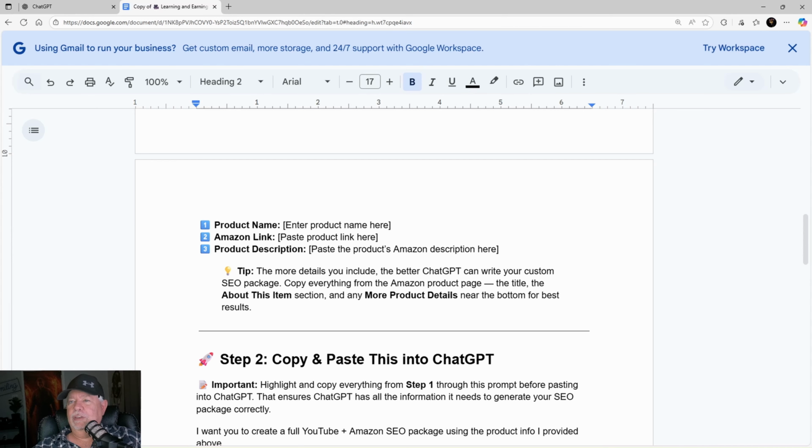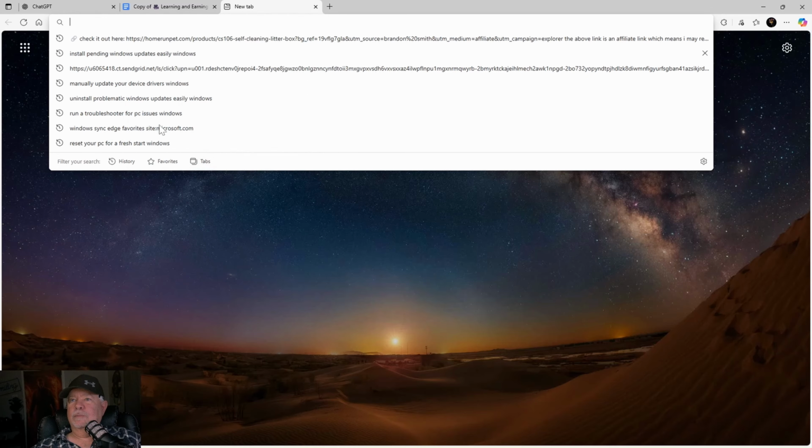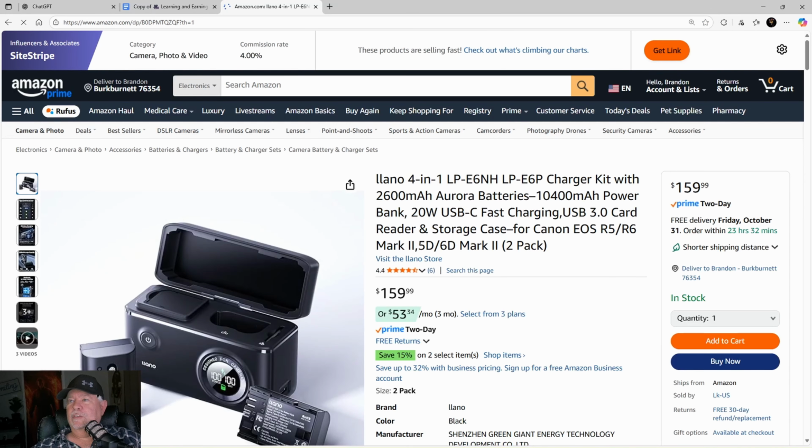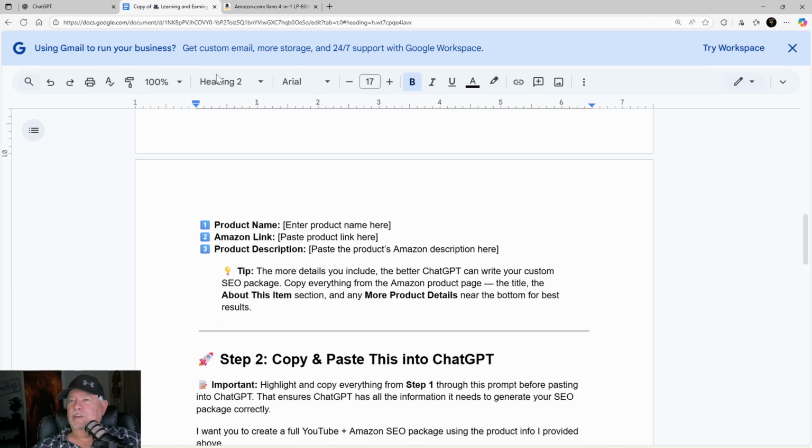Now I'll show you how to do this. We're going to do this together. Actually, what I'm about to show you is something I am really going to use when I go to editing my video. Now I'm going to open up a new tab. I'll paste it and go. This is the product I'm using. Now this is exactly how I use it. You don't have to copy that whole thing just yet. Just copy that. Go back here,